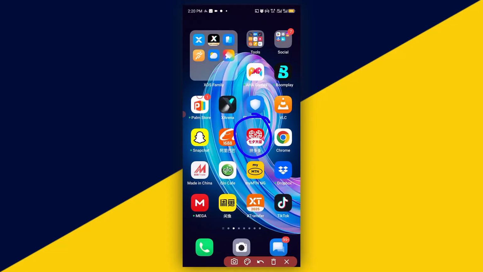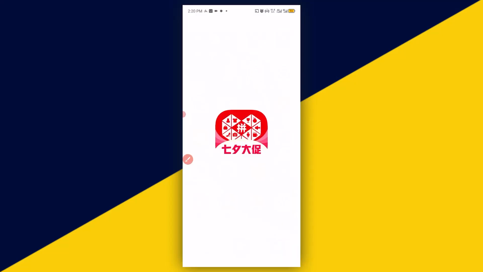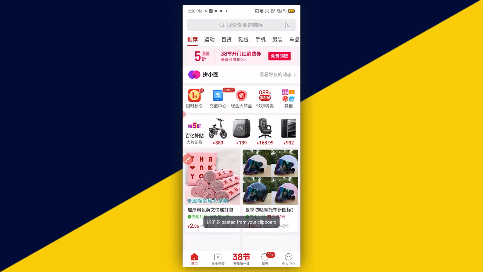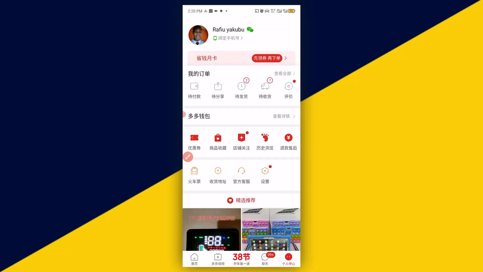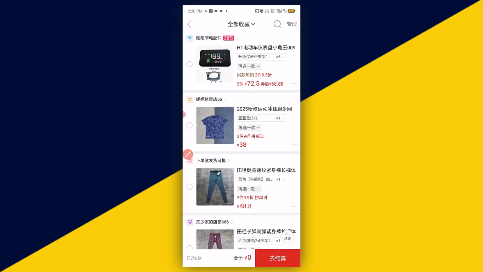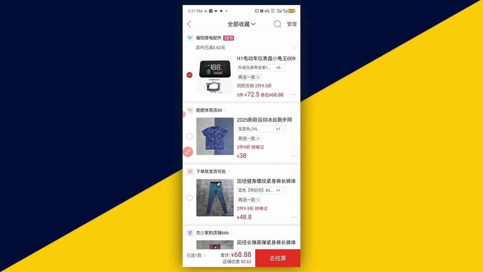I open my Pinduoduo. At this point, we want to make sure we click here. Here we go. Next, I click here. So here we go, this is the product. Next, I click here. At this point, the next thing we want to do is proceed with the